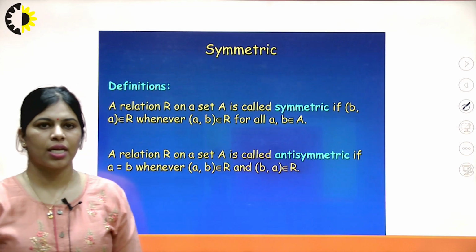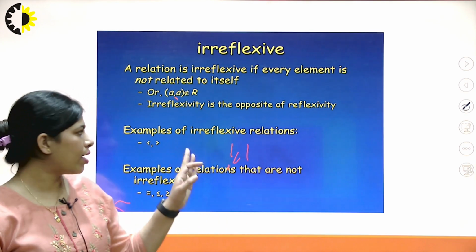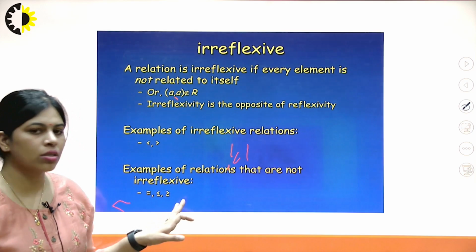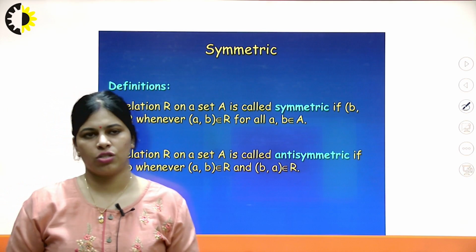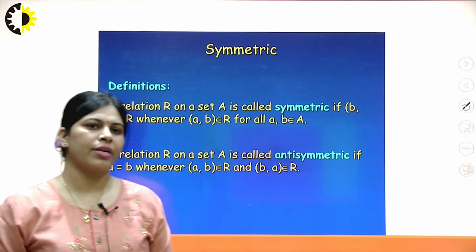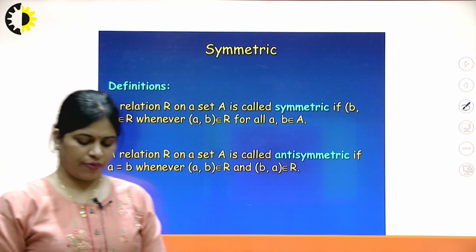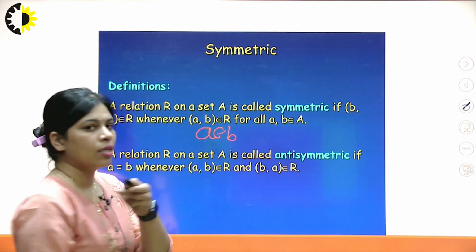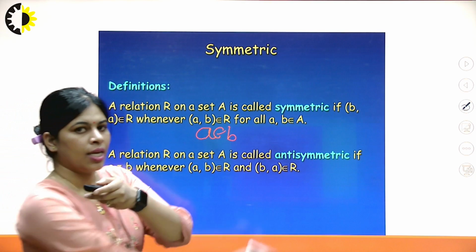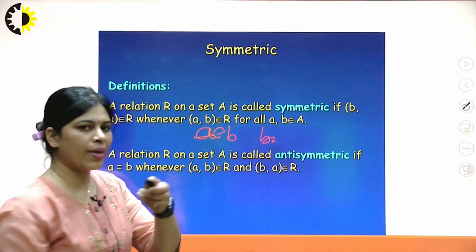Irreflexivity is totally opposite of reflexivity. Here I am taking an example of irreflexivity. You can check it. Now the third type of relation is symmetric relation. Here is the definition of the property. It is called, if A belongs to B, then B belongs, sorry, if we may consider,